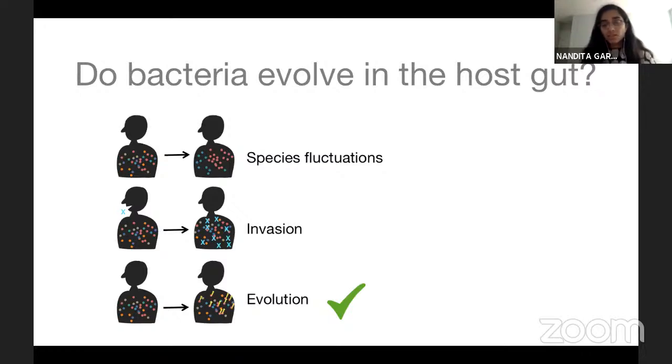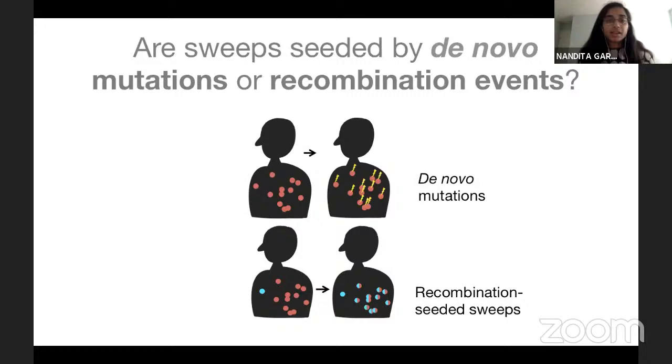This means that potentially the genetic changes in our microbiomes could help us to respond to selective pressures on short timescales. Now, we wanted to ask further, are sweeps seeded by de novo mutations or recombination events? By de novo, I mean a brand new mutation that spontaneously arises. By recombination, I mean